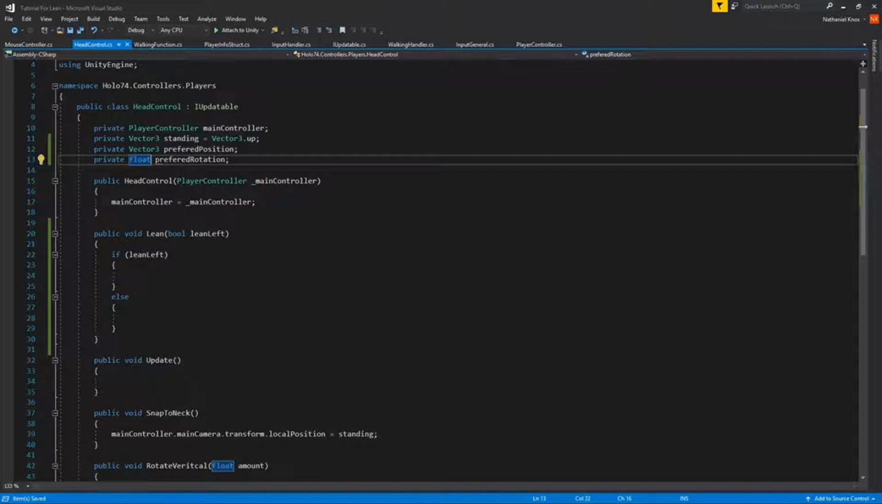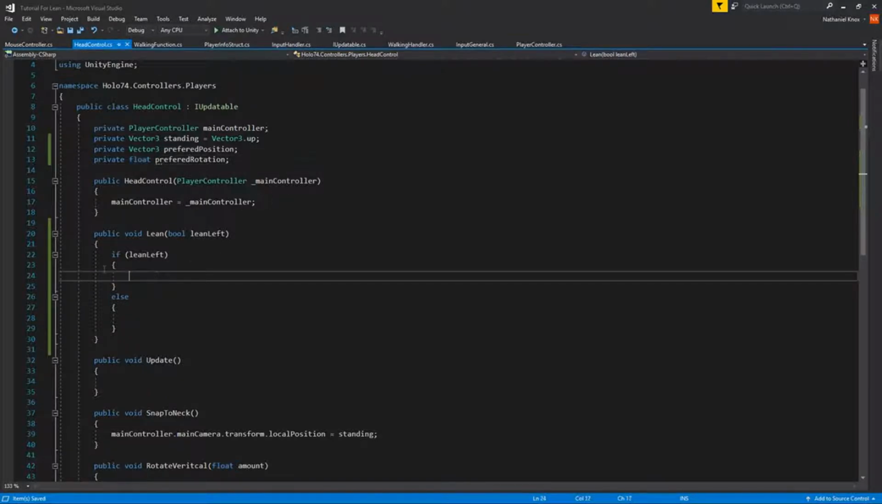This will be a bit confusing. The preferred rotation is how much we want to rotate to, such as if we want to rotate 15 degrees, then we'll say, okay, our preferred rotation is 15 degrees. Whereas if we want to rotate the opposite way, we'll say our preferred rotation is negative 15 degrees. You could shorten it. It might be a bit harder to read, but I'd prefer to put it like this,